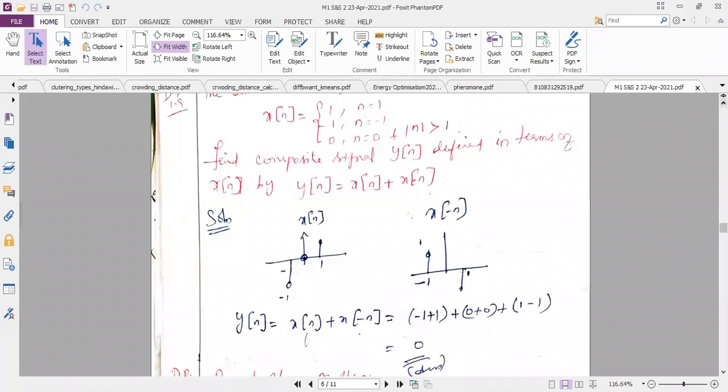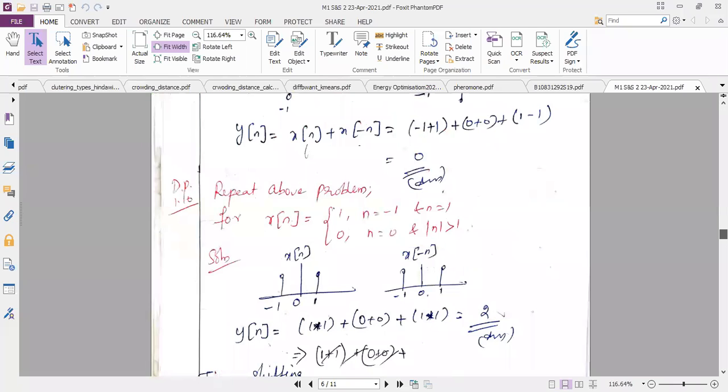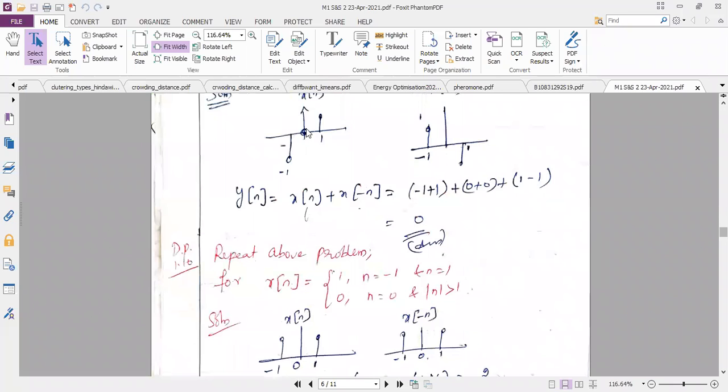It's same, ma'am. Very good. It is same. Because the amplitudes are 1 and 1 only, there won't be any significant change in the graph. I am showing you now in the graph that x of n and x of minus n both are the same. But our question is not separately plotting x of n and x of minus n. Our question is adding the two.